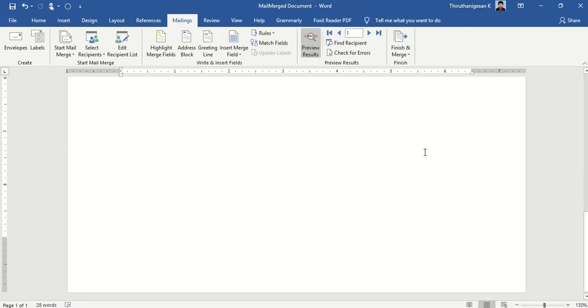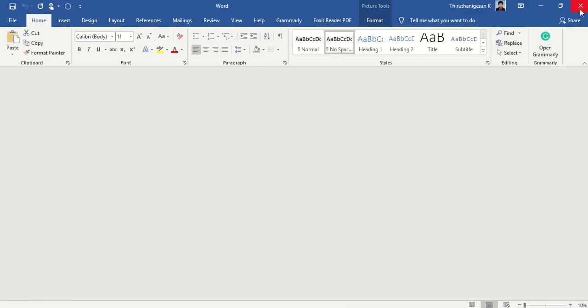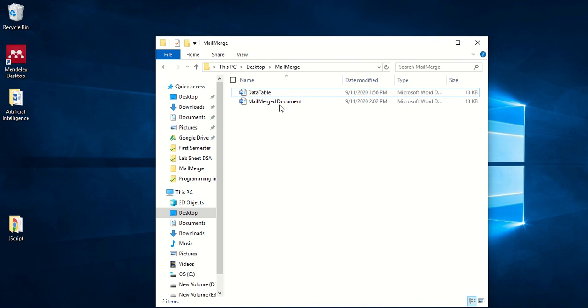Only one document I have, and that document is merged with the existing data set. Once you complete this work, you will get these two types of document: one is the data table, another one is the mail merged document. You can confirm whether it will merge or not.